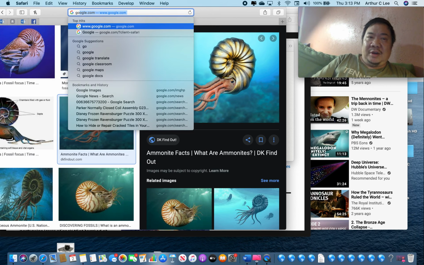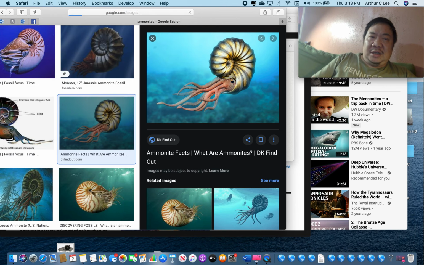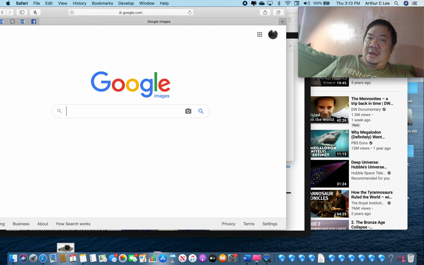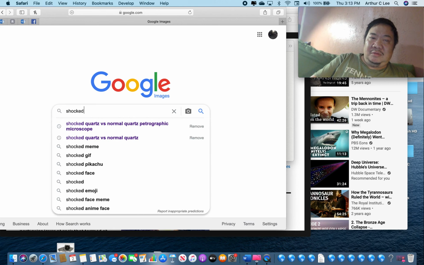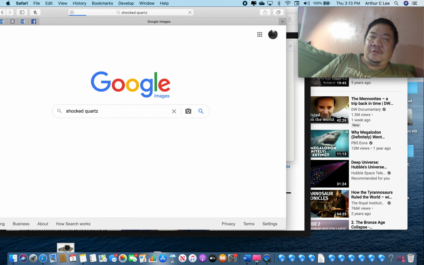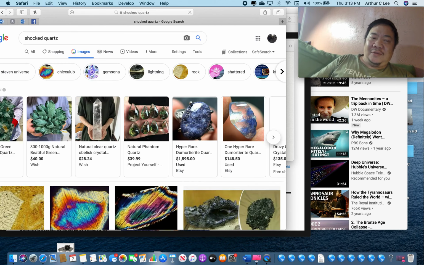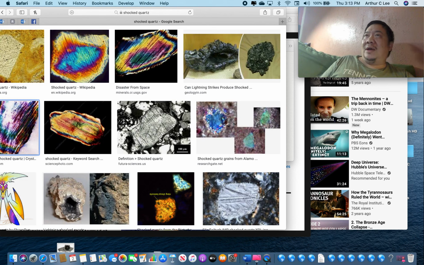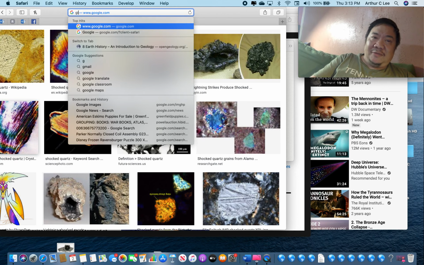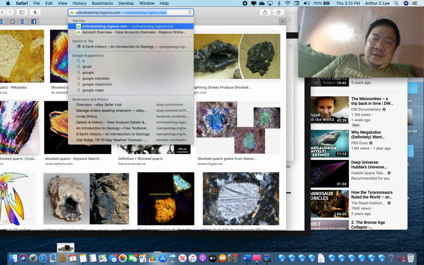Plus, we find other evidence that tells us that there was an asteroid impact. Shocked quartz. Remember we talked about that when we were talking about metamorphic rocks? Shocked quartz is found all around the crater, which, by the way, is huge. It's 130 miles long. And other things that are associated with extraterrestrial impacts have also been found at the KT boundary, such as